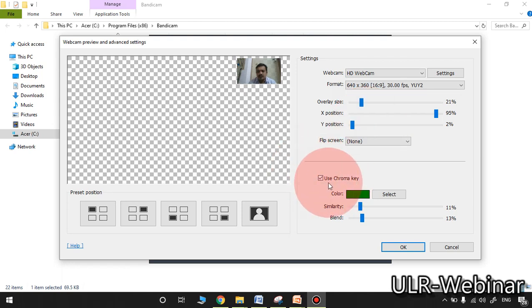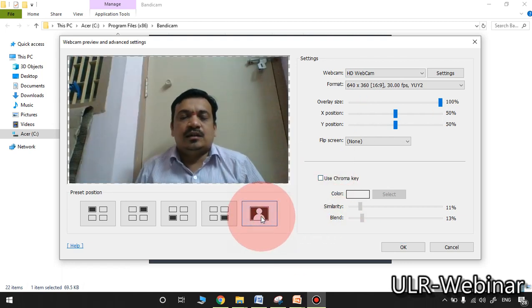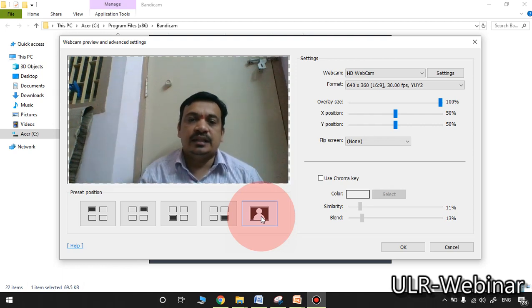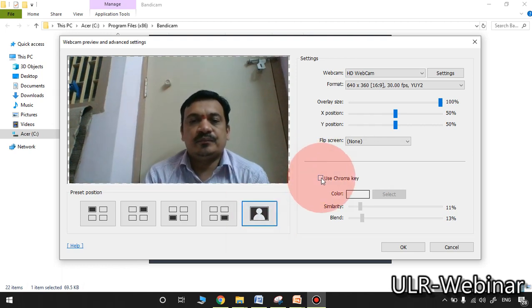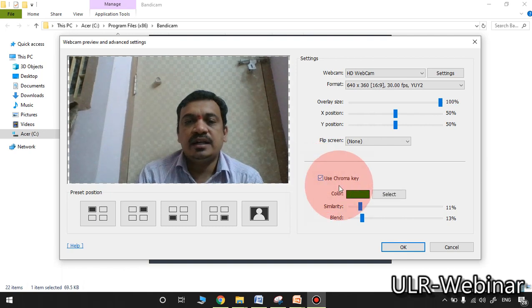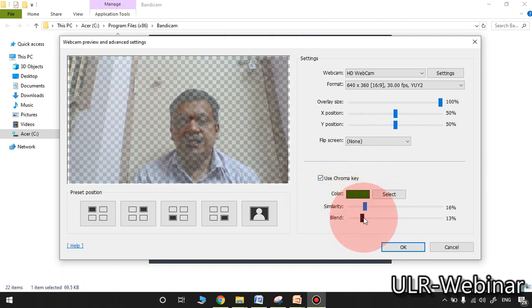What is the use of the chroma key? If you have a green color cloth behind you completely, then you may use chroma key. If I select this particular chroma key option, you need to adjust these two, similarity and blend.